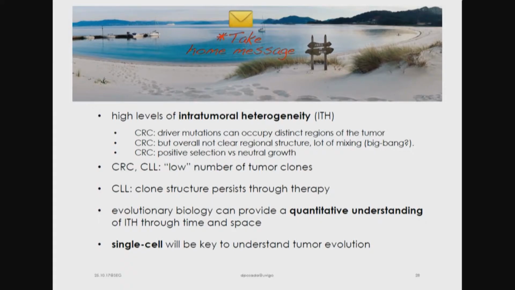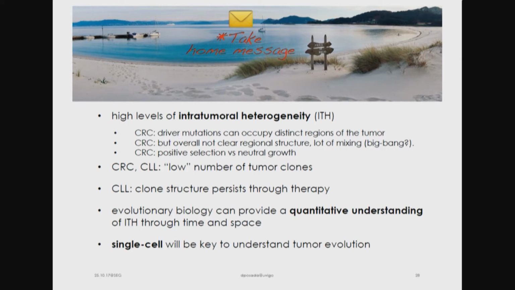A few messages to take home: there is a lot of intratumoral heterogeneity in cancers. We knew that, but the more we look, the more we see how complex they are, just from the genomic point of view. I'm not talking about the functional, okay? If you look at expression level, single-cell RNA-seq, you also see a lot of variation, so it's meaningful variation. We can see that driver mutations are not constant, they don't occupy the whole space, so depending on your biopsy, you can miss a driver mutation or a resistant mutation, which is a driver mutation, of course.